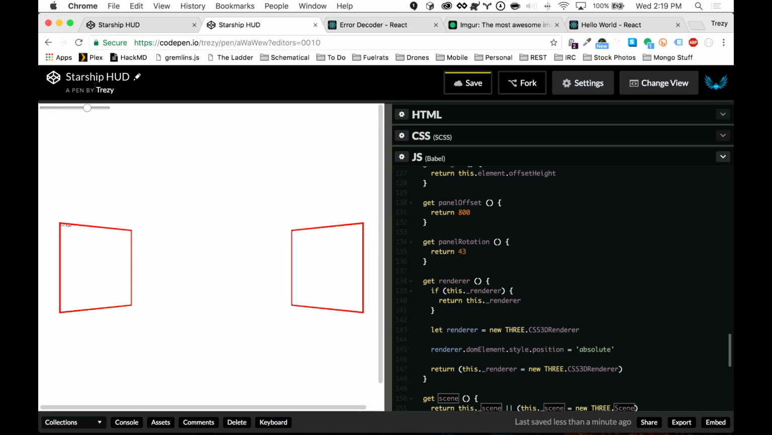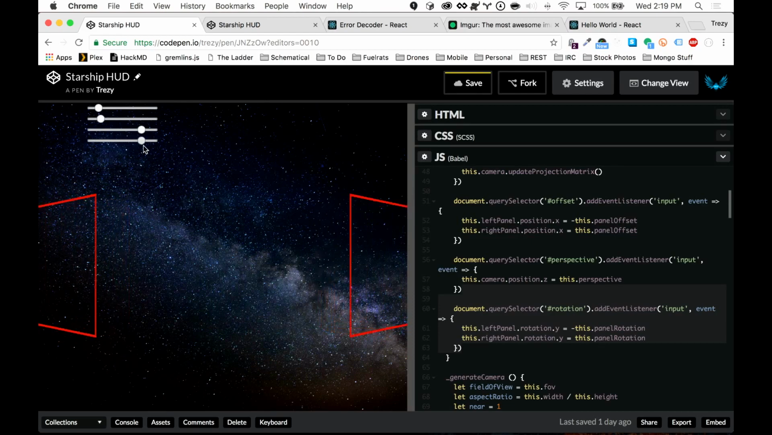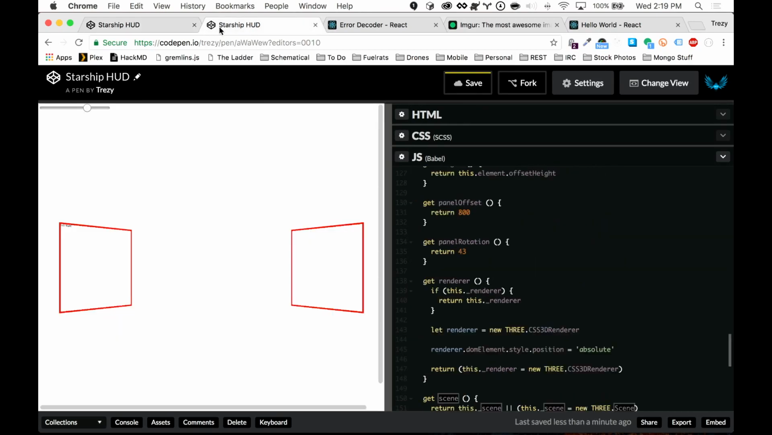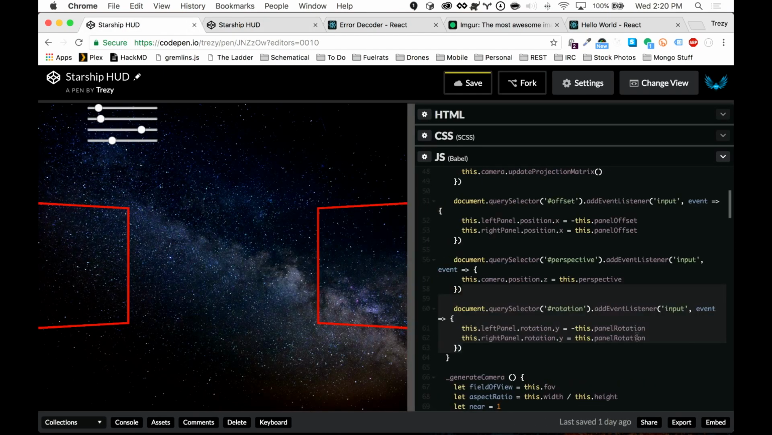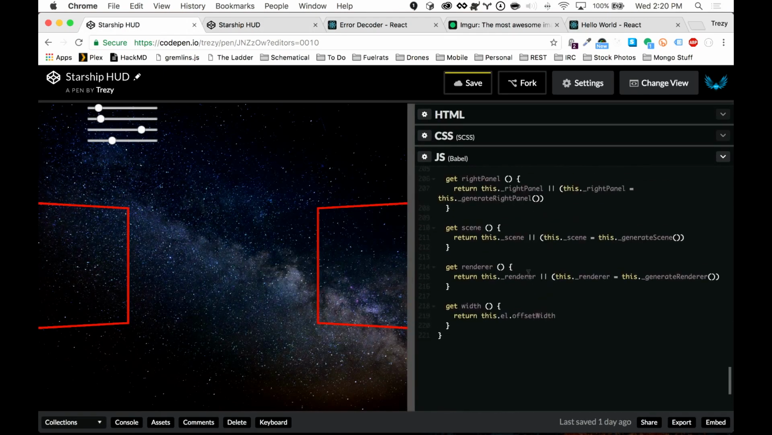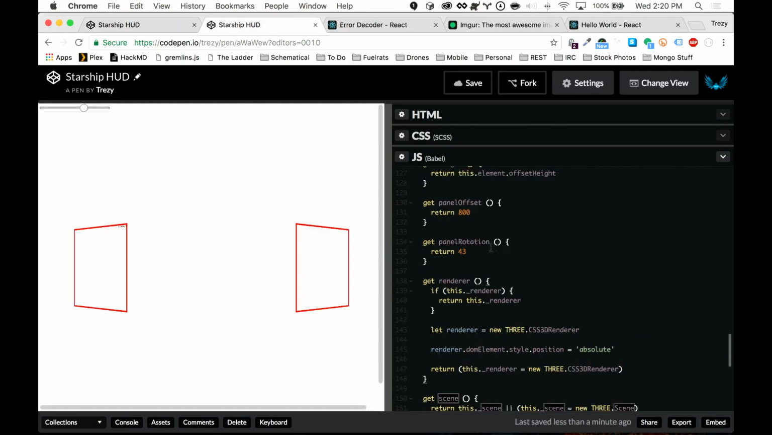Hey, look at that. That's pretty darn close. Now here's the thing, though. If I use rotation over here, it's way more gentle. Whereas if I use it over here, it's really, really jerky. And I'm not sure. Oh, I do know why that is. It's because in the rotation on this one, Panel rotation, we actually divide the value by 100 because it's easier to do that than it is to